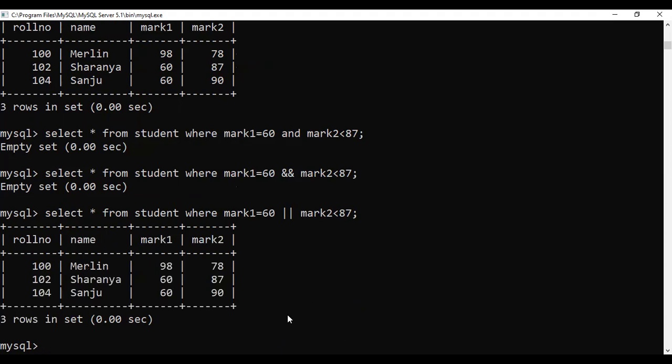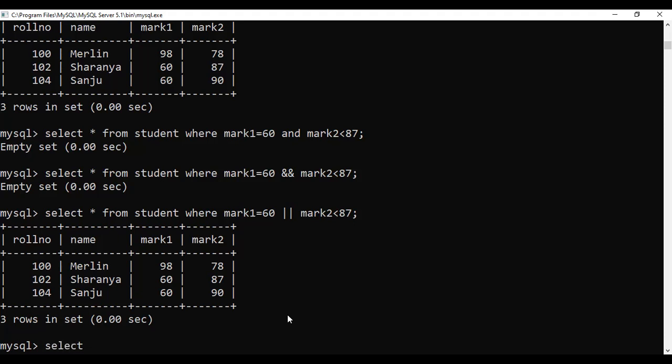Another logical operator is the not operator. Not operator is used for negation. Whatever you are asking, the opposite of that you will get. Display the details of the students whose mark 1 is not equal to 60. So what will we give?